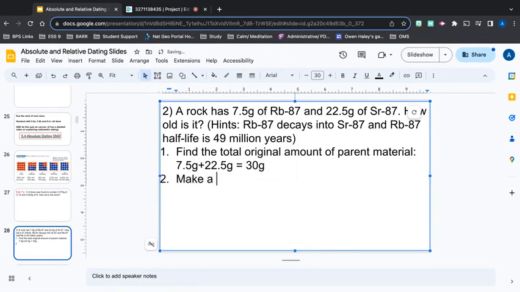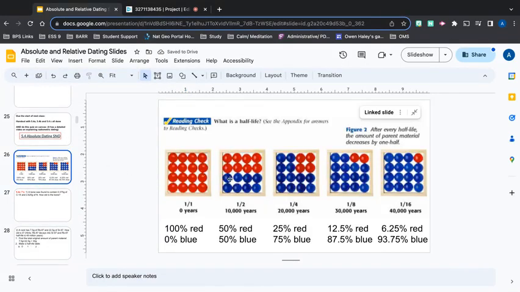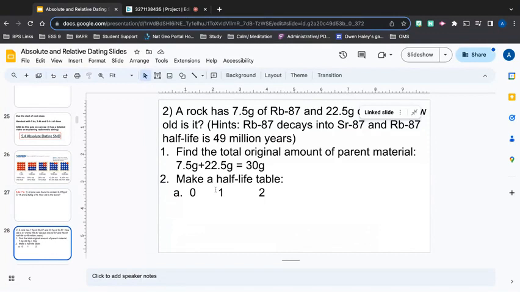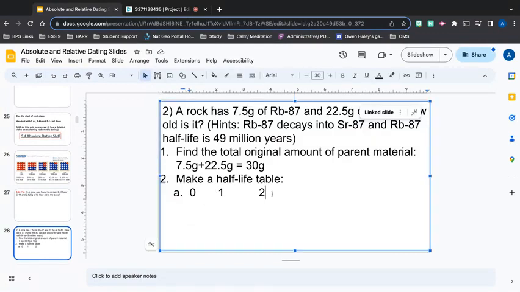Step two, make a half-life table. Now, I can't really draw a table super easily here. I'm going to try and do it like this with really weird formatting. So remember that your half-life is the amount of time it takes to go from 100% parent material to 50-50 parent and daughter material. So we will start with, I always like to make an estimation of like 3 half-lives, and then I can adjust from there. Okay, so at 0 years or 0 half-lives has passed,